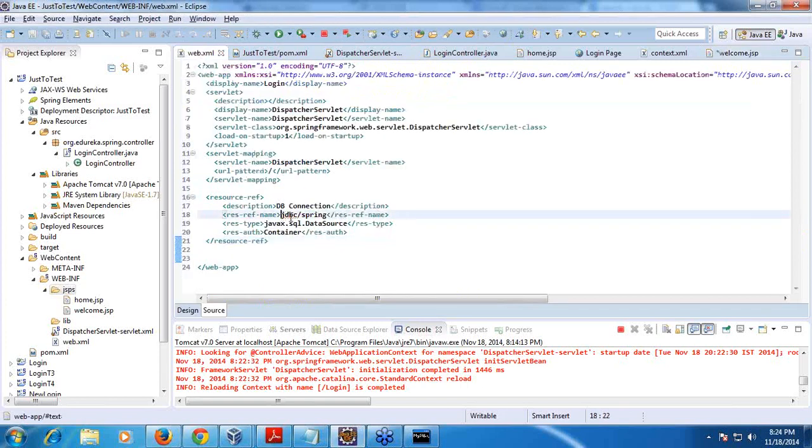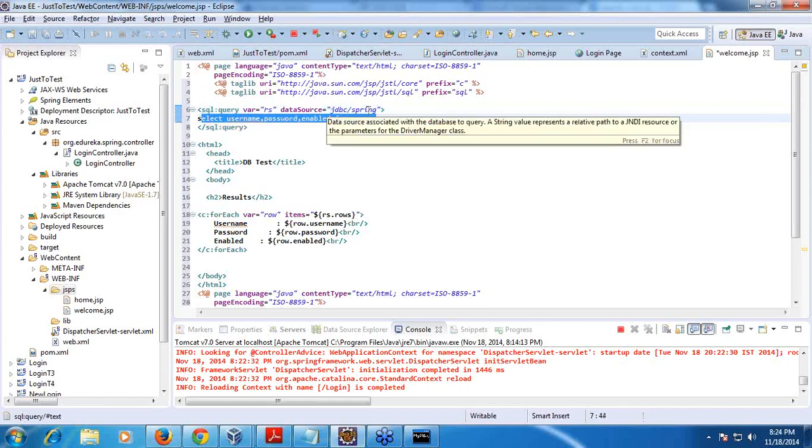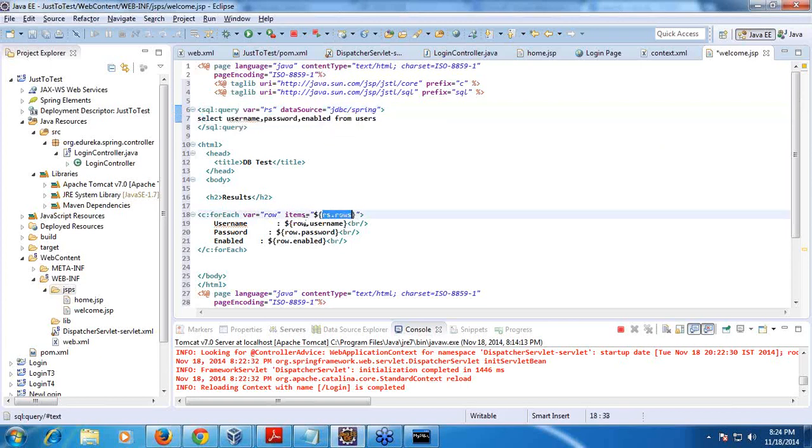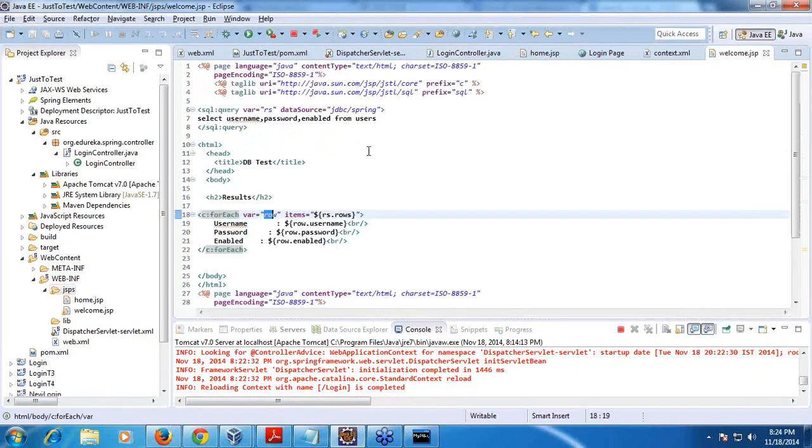In the web XML, the same name I need to give, JDBC Spring. You see here I am just referencing that as the RS. Then I am sending this query to this data source. Then I am taking those rows into row, and then I am printing all the names in the UI, right? So now my login controller doesn't know how to call this welcome JSP, right?